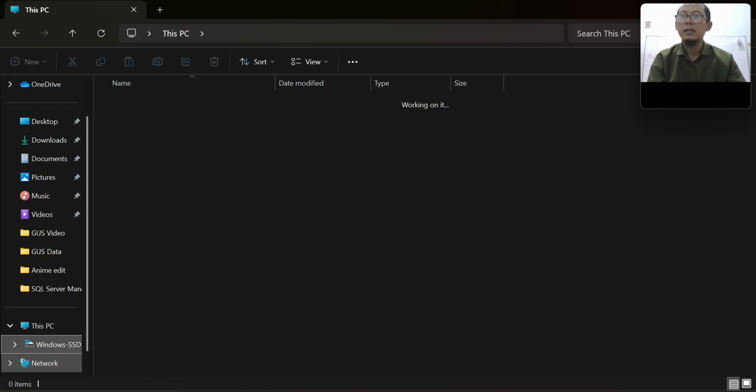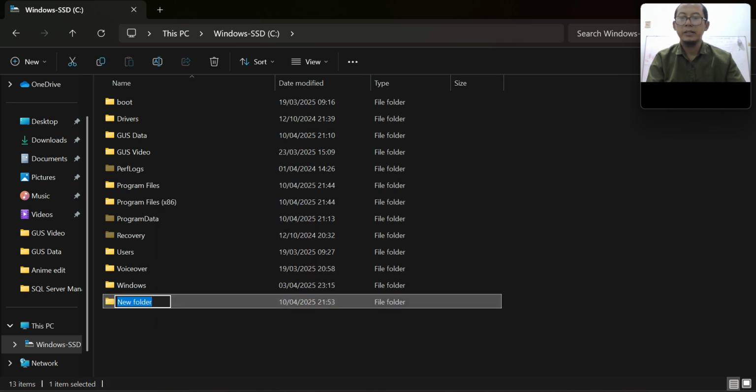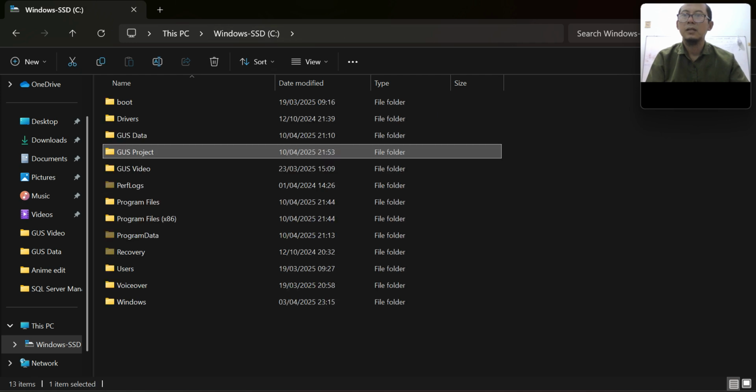For example, I will make a new folder here. I will put my application here later. Goose project. Okay. Goose ASP.NET. Okay.